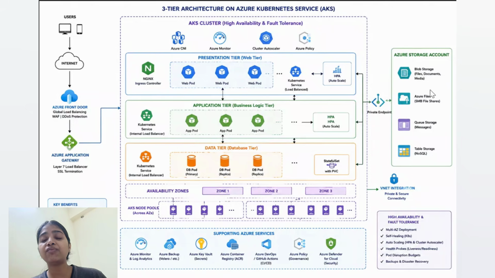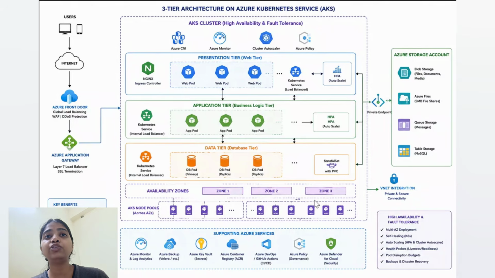So why do we create a private endpoint? We create a private endpoint if we want to access Azure resources. When Azure services want to access each other, we create a private endpoint, and there will be a private link to those. Using that private endpoint only we can access those services. So we create it for security purposes, and a private IP address will be there. Inside that we can keep blob storage, Azure Files, queue storage, or tables, SQL.